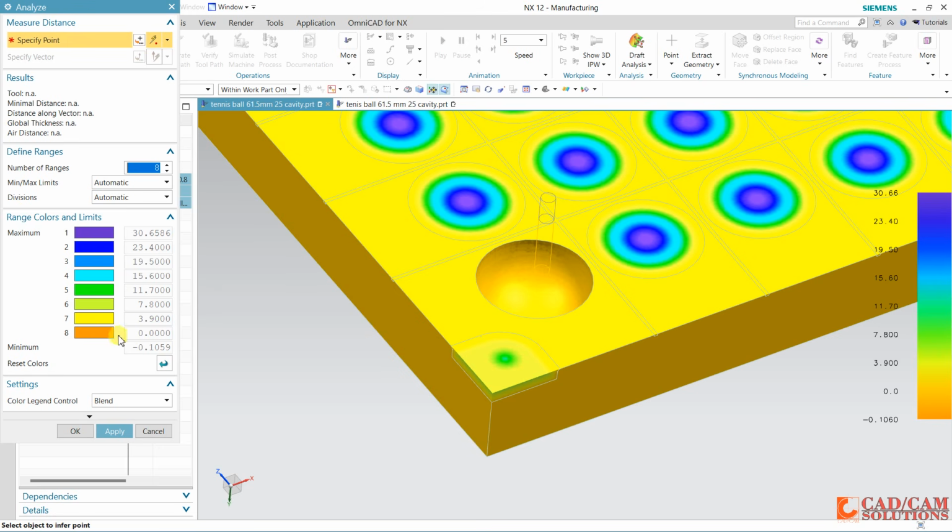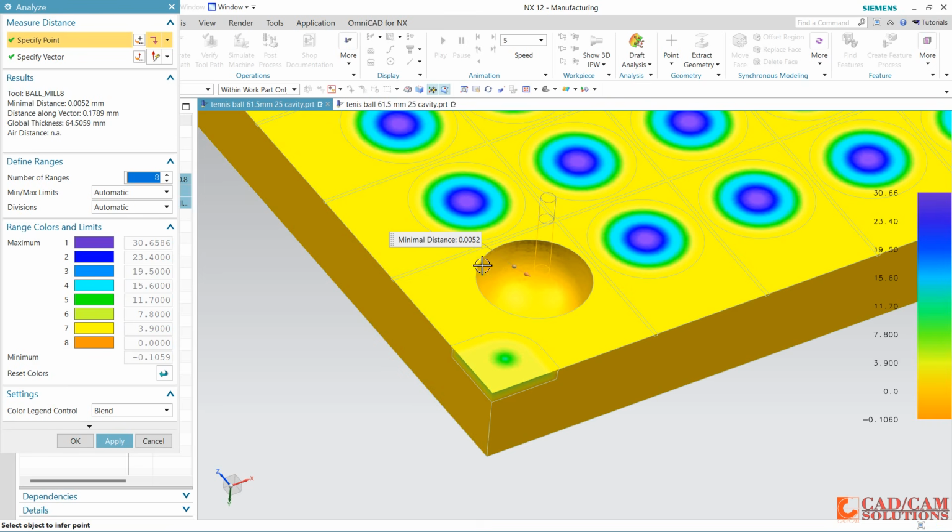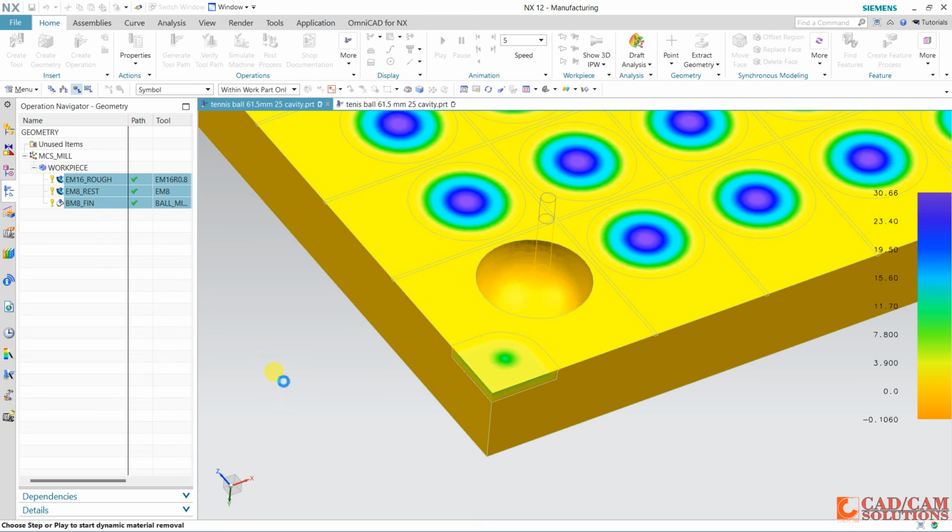Click here, this 0 here, and yellow is 3.5, or you can directly click anywhere. Click here, it is 0.005, right? It is showing you it is approximately 0. The quality is under the tolerance, right? And okay.